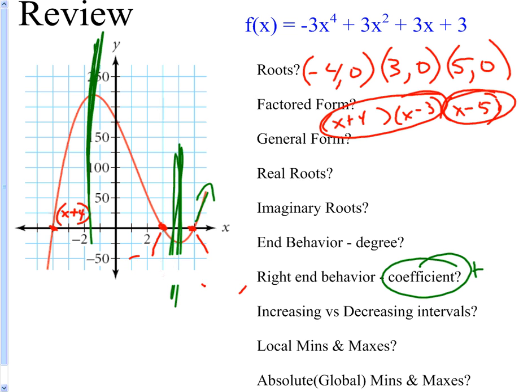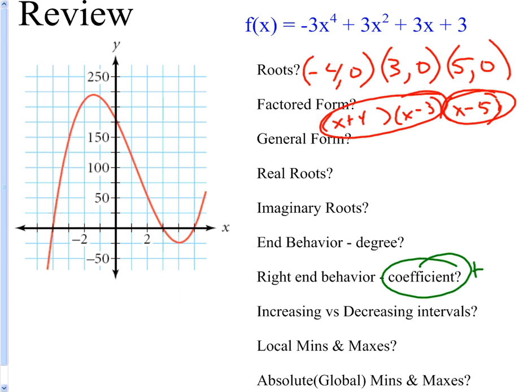This is getting kind of messy, so I'm going to clean it up. This spot right here is important. That's a local max, and this one, local min. And since this is still going up, we have to assume it keeps going up forever and keeps going down forever. There's no min and there's no max, because if you said the maximum is infinity, I say you're wrong,